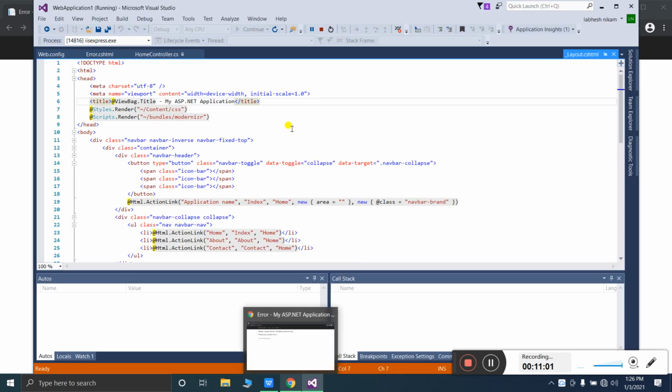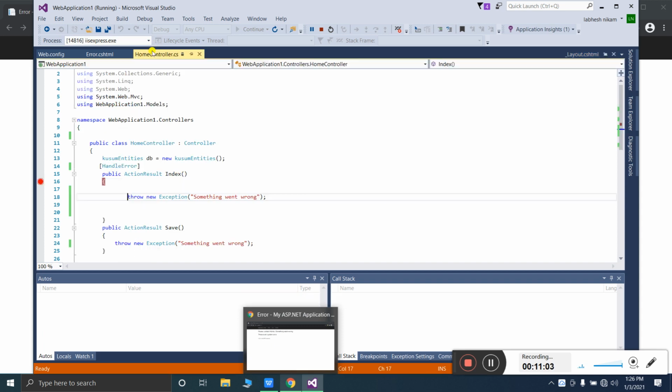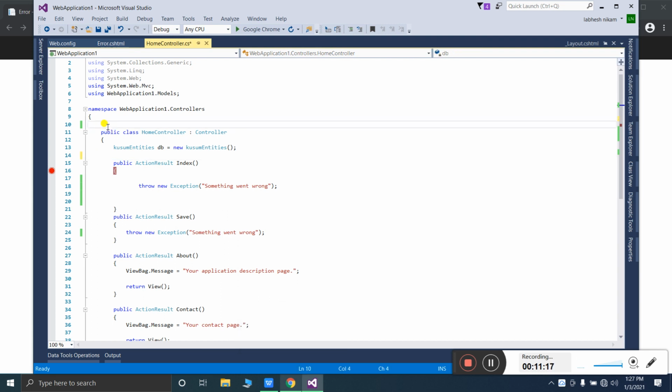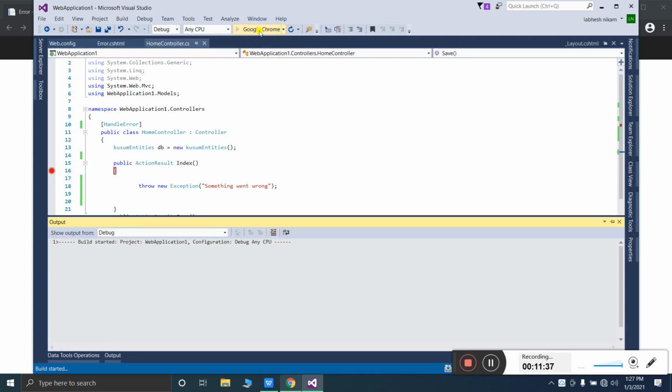Now this will work only for this method, but if you want this handle error attribute for all the controller methods, then remove it from here and decorate the controller here, so it will work for all the methods of this controller. Let's run the save method and check whether the handle error attribute works for this save method or not.